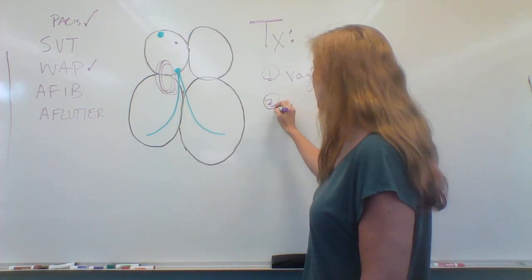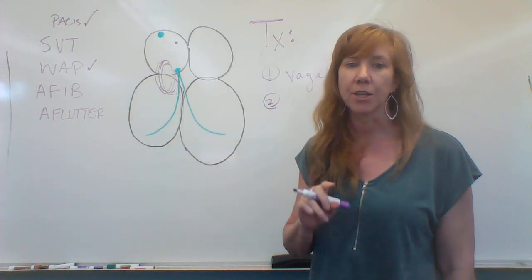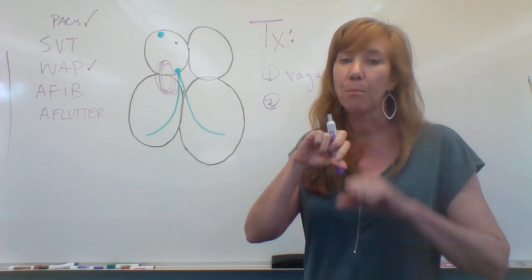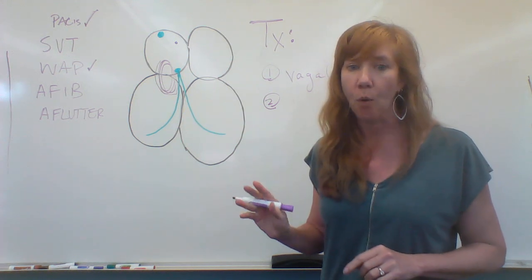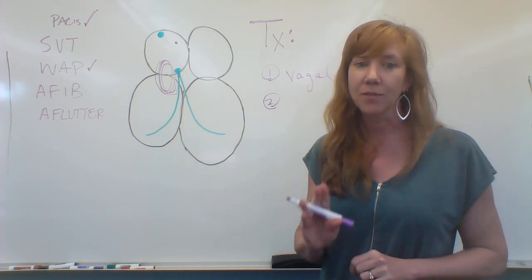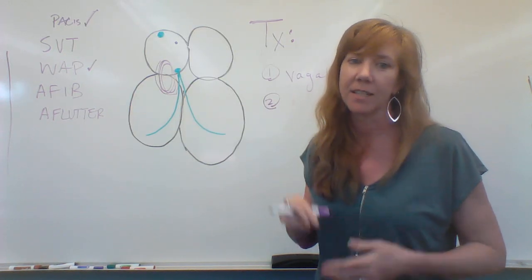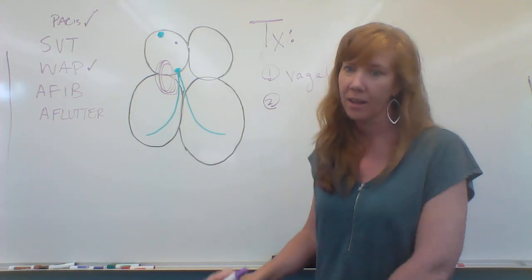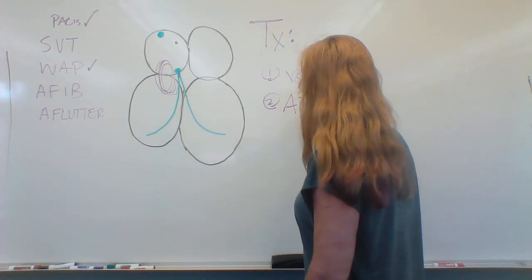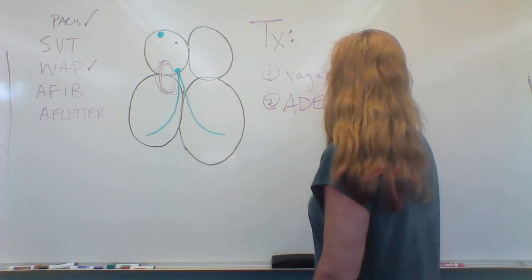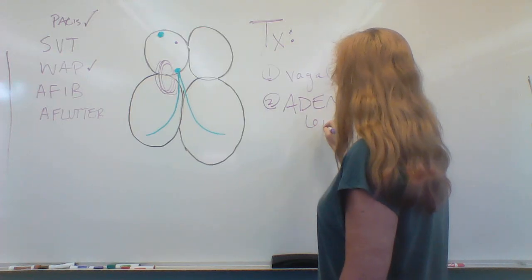Step 2, we go to drugs as long as a person is stable. And we have a medication specifically for breaking SVT. The only thing this drug is for is breaking SVT. That's it. It's a special drug. It's the only drug in its own class. It's an SVT breaker drug, and that drug is adenosine. So first we give 6 milligrams